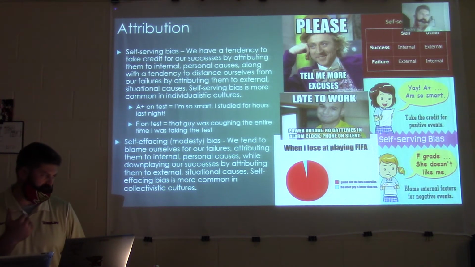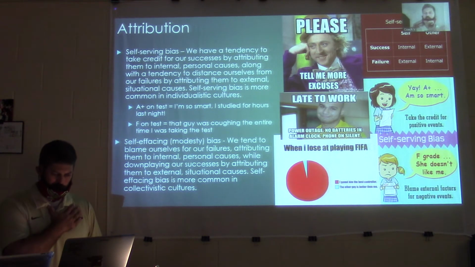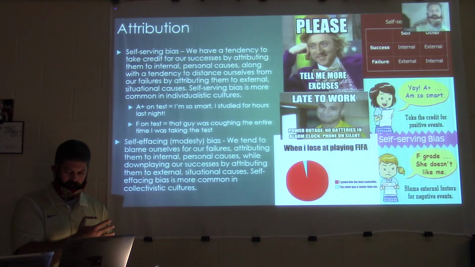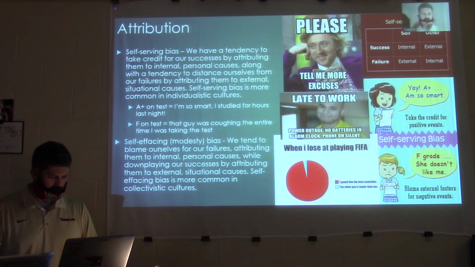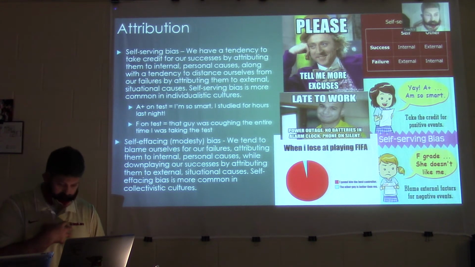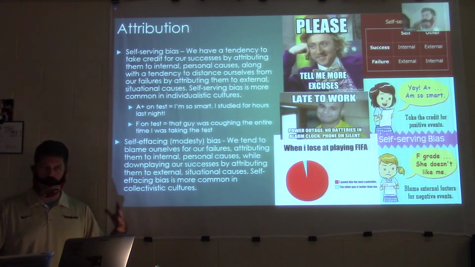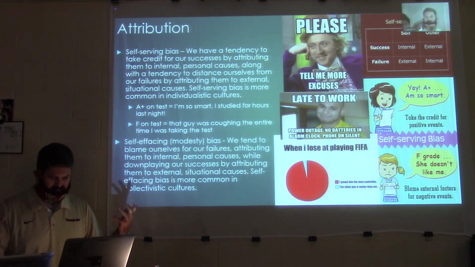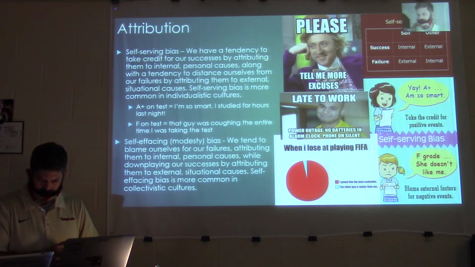So here's a great example of this. I love these types of players, where they own their failure, they understand it, and they learn from it. And then self-effacing bias on the opposite side, whenever the team succeeds, they don't think it's necessarily because of something that they did. It's because of the team itself, the external situational causes that dictated our victory or success. That's awesome. I love that.